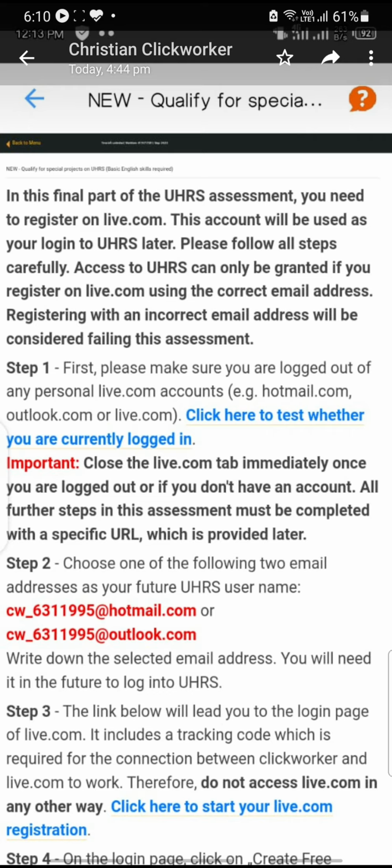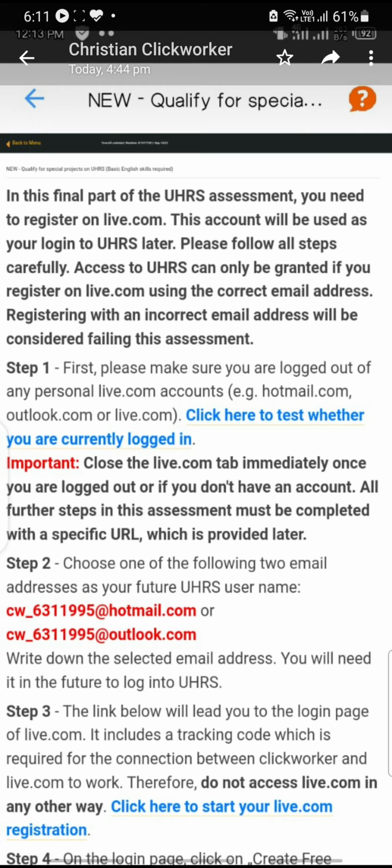Whenever you enter Windows 10, or Windows 7, especially Windows 10, you are already registered with live.com. It is a Microsoft account, so by default you are logged into live.com.